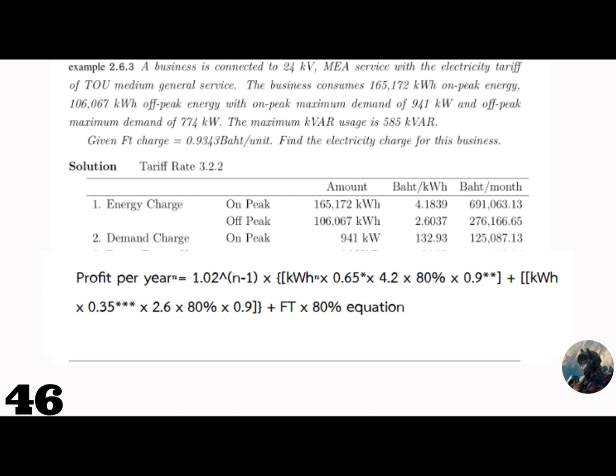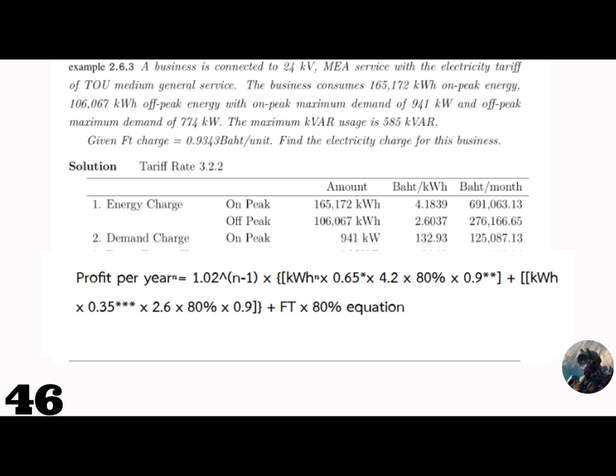We sum all three loads in the form of DC and convert back to AC in order to tell how much the charge would be. If it is more than 30 kilowatts but still less than 99 kilowatts, it would be considered as medium general service. So all we consider is the energy from the general service charge formula, which includes on peak, off peak and FT charge, and 0.65 for on peak and 0.35 for off peak is the ratio